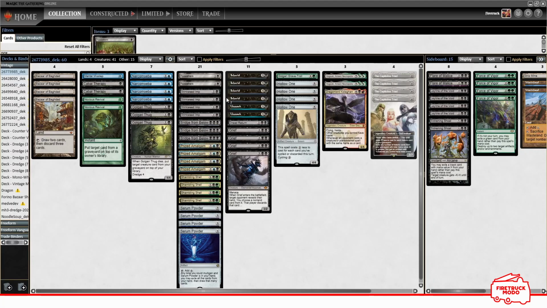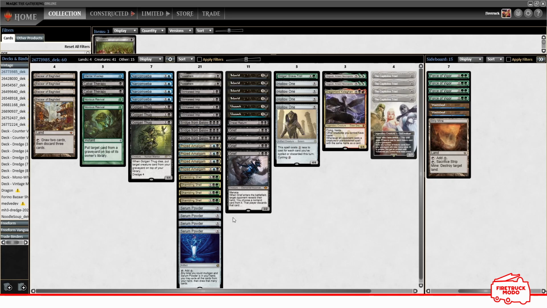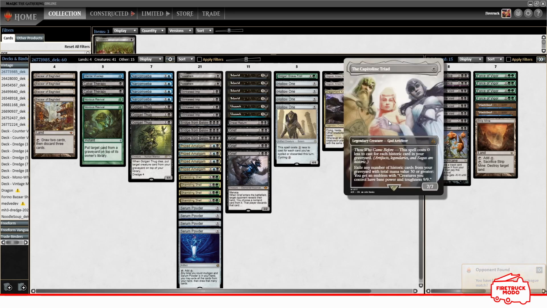Okay, nerds. Vintage League. It's going to be a Dredge League today. So what we've got here is a non-blue list that's very exposed to Vexing Bauble. That's quite cool. But what we're going with is there's this new card from Assassin's Creed called the